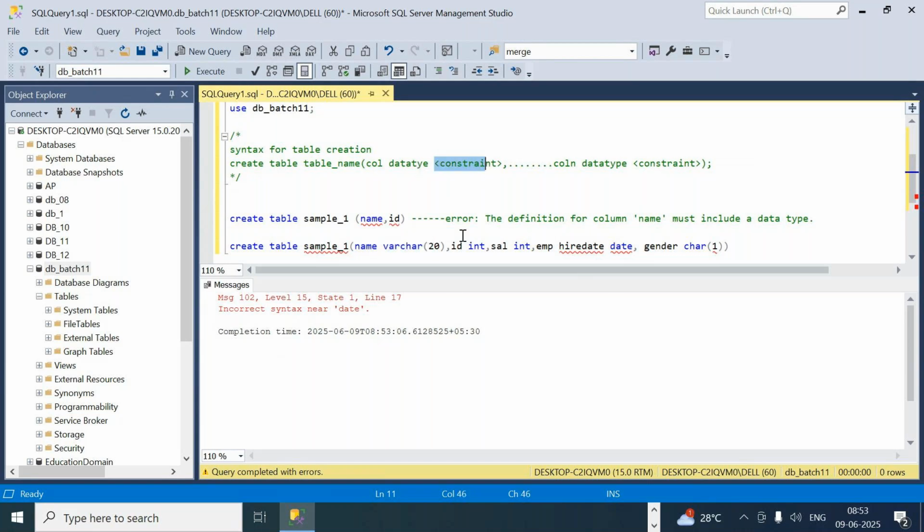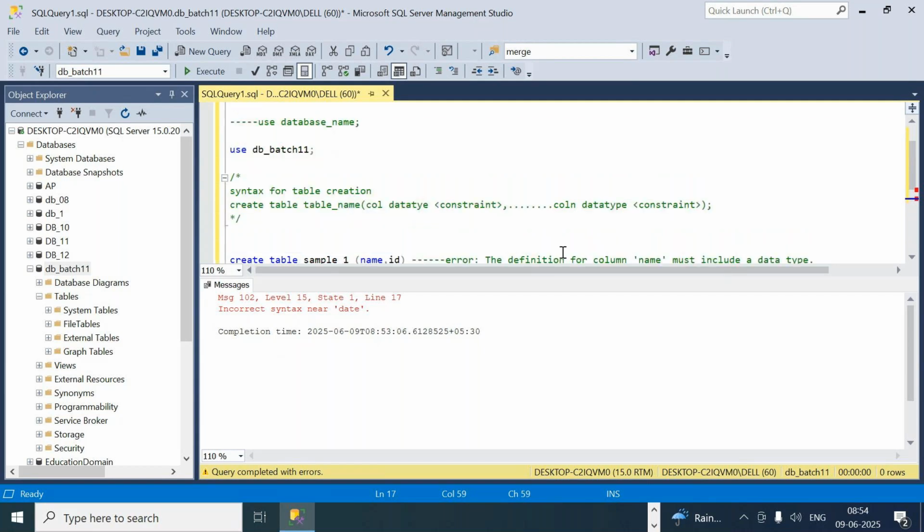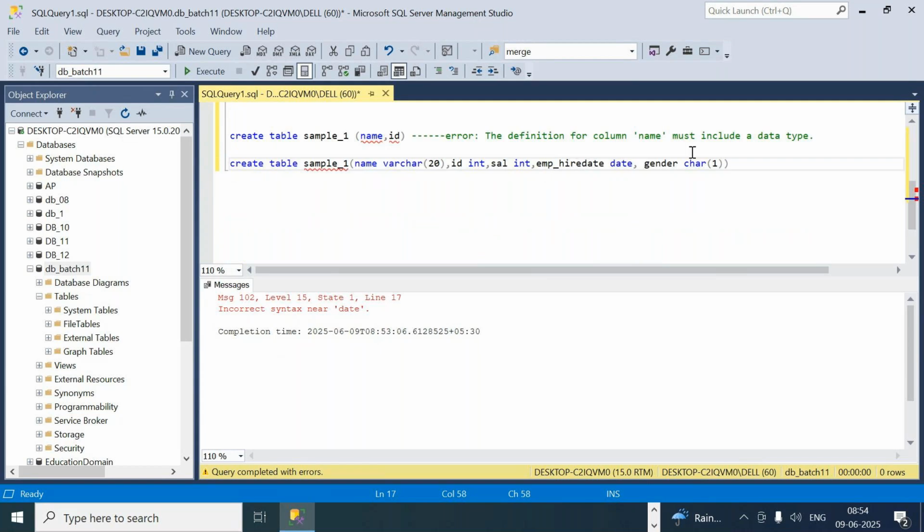Now, column, data type, column, data type, column, data type. Is this a data type? No, this is a data type. See here, just because I'm taking a space here, it is considering two different values. So while creating a table, you should not take space while taking a table name or a column name. If you do, it will end up with an error. What you can do is remove the space and take an underscore. Now this whole name will act as one name. Now if you execute this one,